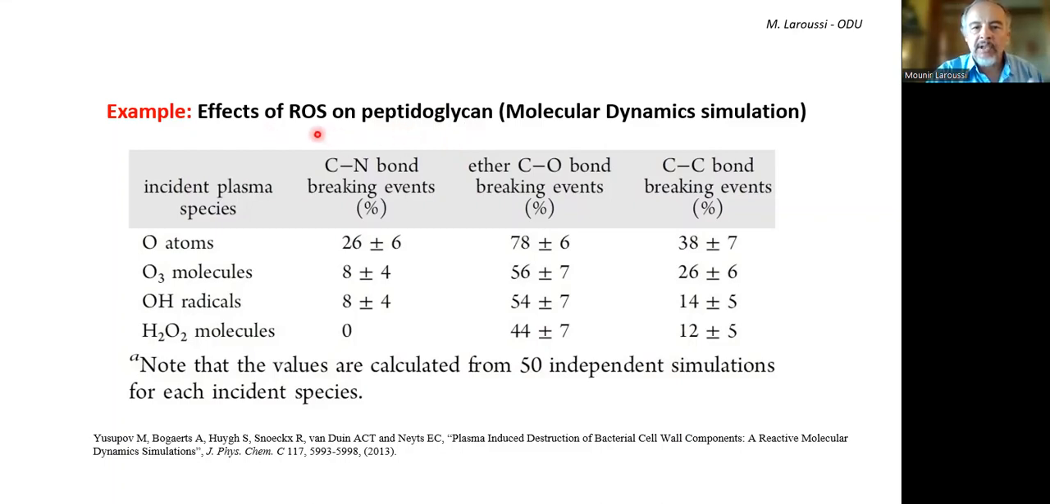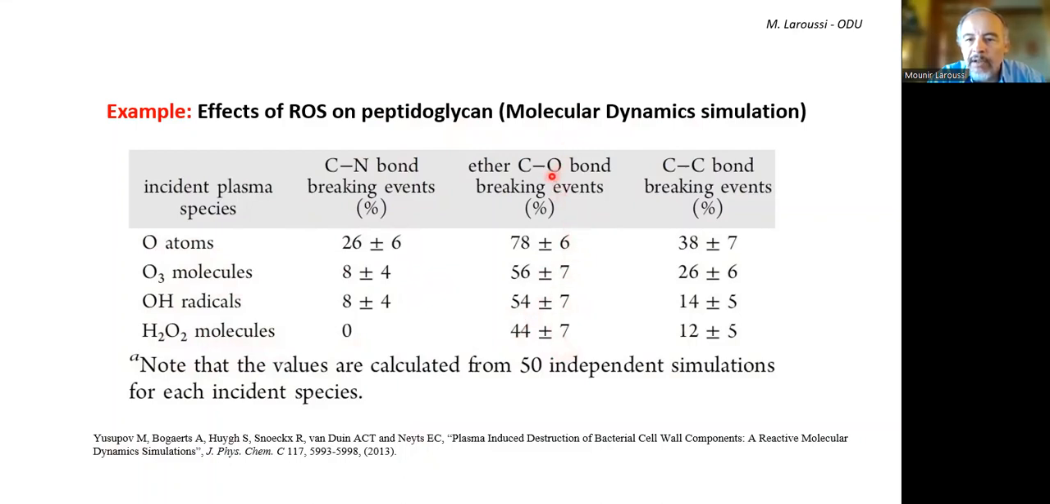And so what are the effects, for example, of ROS on this very important structure on the cell wall, the peptidoglycan? You can see here, this was done by molecular dynamic simulation by Yusupov et al. This table shows the effect of atomic oxygen, ozone, OH, and hydrogen peroxide on the peptidoglycan. They wanted to see what happened to the molecular bonds. And you can see, for example, hydrogen peroxide,